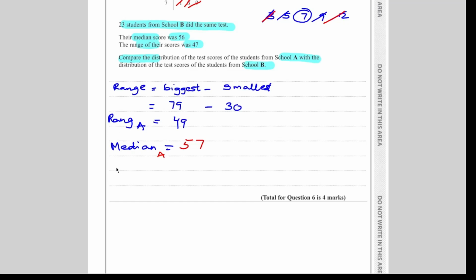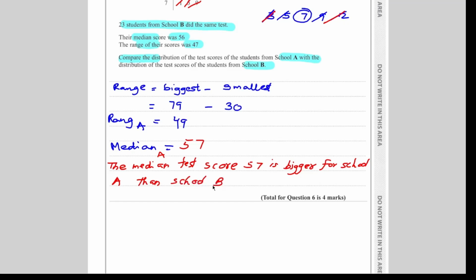The median test score, the median, because we are using a comparison, the median test score (57) is bigger for school A than school B,